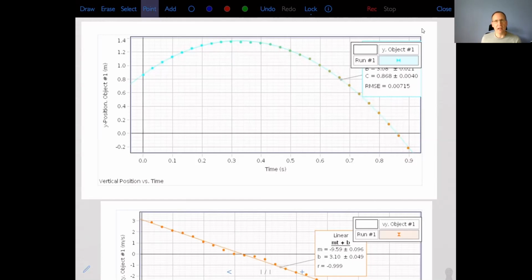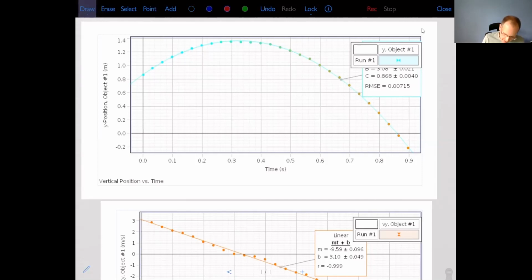Now, one question I could ask you, and I do ask similar questions when we eventually talk about dropping a ball and looking at the vertical jump, where the motions are going to be very similar, is the rate of change of the position versus time constant or not? So remember what rate of change is, right? Rate of change is the slope of the position versus time graph. So if we look here at the slope,